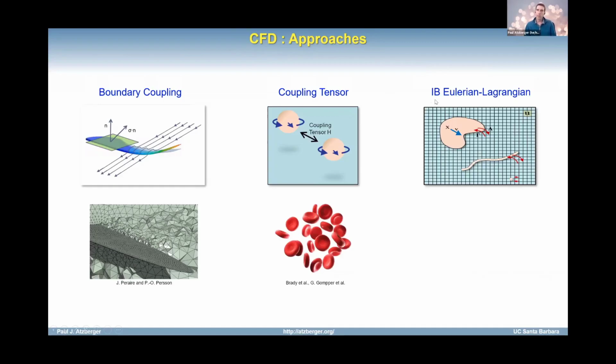And so in the immersed boundary method, you take this Eulerian-Lagrangian approach to modeling the fluid structure interactions. Here I'm just showing a few different examples, a point particle, a polymer, and an elastic body. And you have these operators, and this is, again, from my perspective, the way I've abstracted it. I think about this operator gamma as being similar to those kinematic boundary conditions that you have in the boundary coupling. It's telling you in some sense how the microstructure is going to move with respect to the underlying momentum field, or in this case, the fluid velocity.